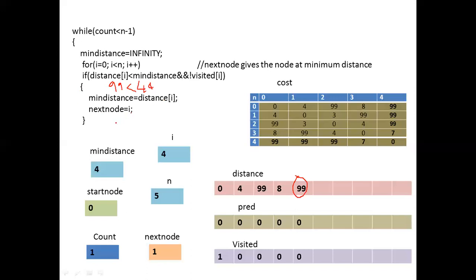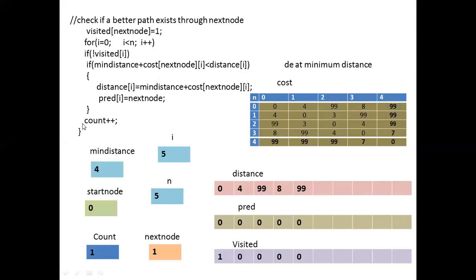After that, now we can observe what will happen. Controller will come back to the for loop increment. Once it is incremented, now what will happen? I value becomes 5. Now you observe once this statement is executed, I value becomes 5. Now once I value becomes 5, 5 less than 5 condition fails. Once it fails, controller will come out of this for loop. Once it comes out of this for loop, the next code will be executed. What is the next code? To find the better node, that is the shortest path node.